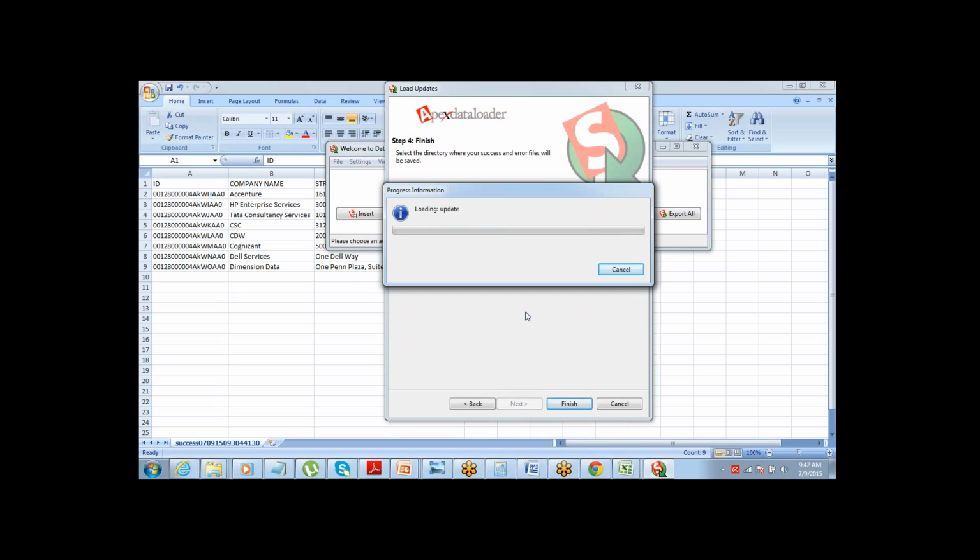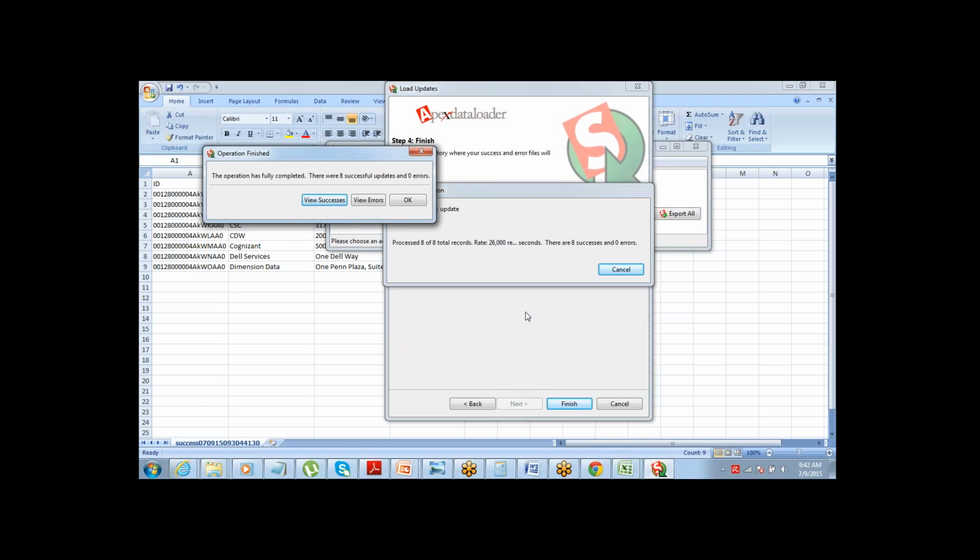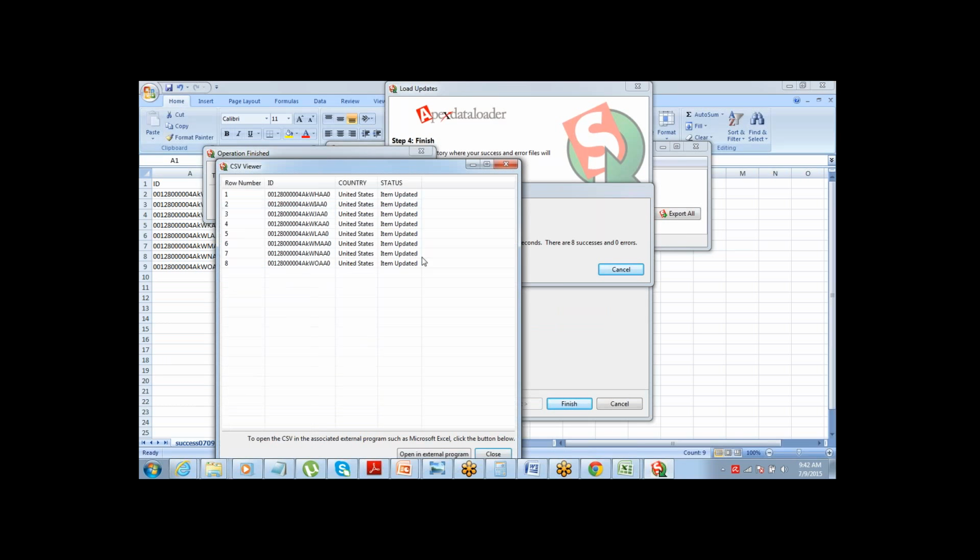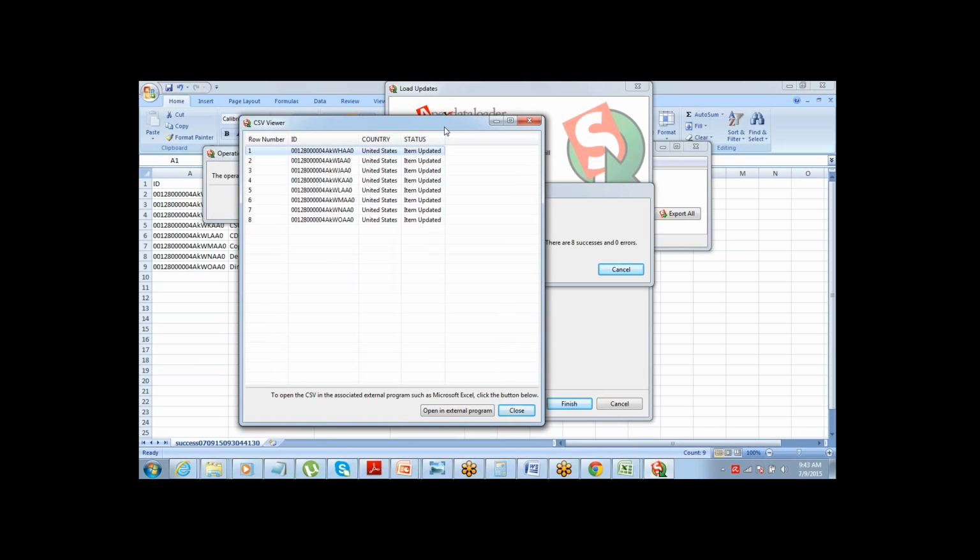Are you sure you want to proceed? Yes. So all the 8 records have been successfully updated now. You see the country has got updated to United States. Correct. So if you are willing to insert some data, then you can just prepare your file and do the insert operation. If you want to update the records, then you need to make sure that you have the ID of the existing record so that Salesforce can understand which records you want to update, right? And then you can just provide the values which need to be updated corresponding to the respective IDs. That's it.